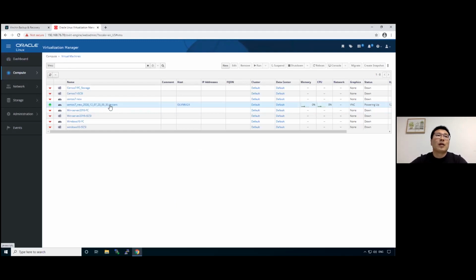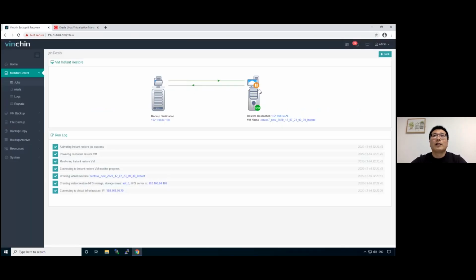Now it's powering on the instant restored virtual machine. As we can see now, the job is running and the virtual machine is being powered on.